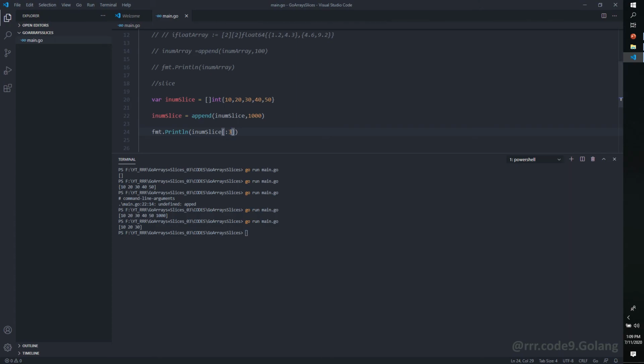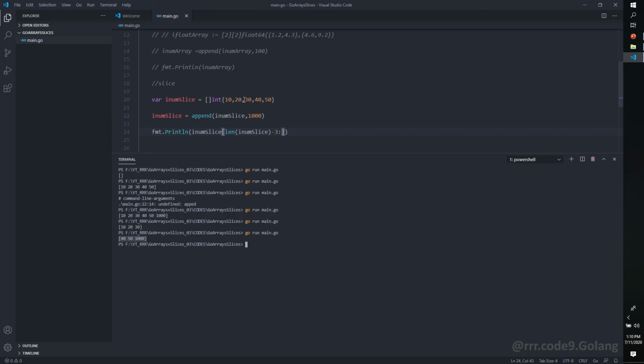In case you want to access the last 3 elements of the slice, we can use this format: length of inum slice minus 3. So here you can see we have accessed the last 3 elements, so 40, 50 and 1000.